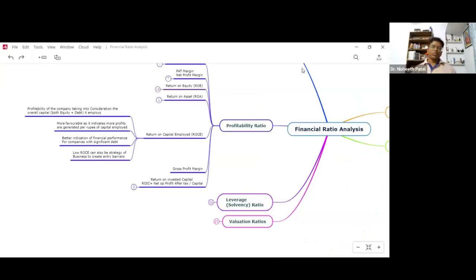If you are planning to open up a hospital, you have some money. Okay, that is your equity. If you have 5 lakh rupees, that is your equity. And you borrow some money or take some loan from the bank. If we say that you have 5 lakh of your equity and you take 5 lakh of loan from the bank,